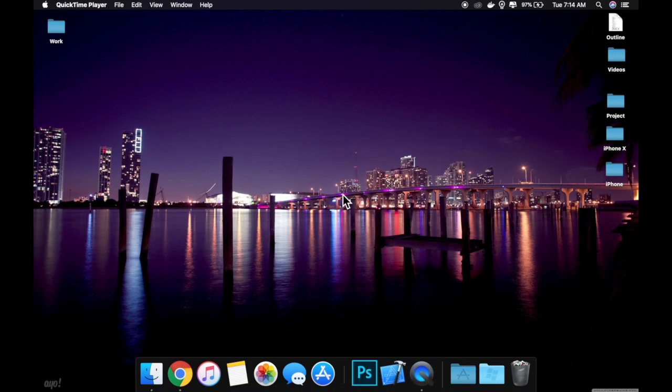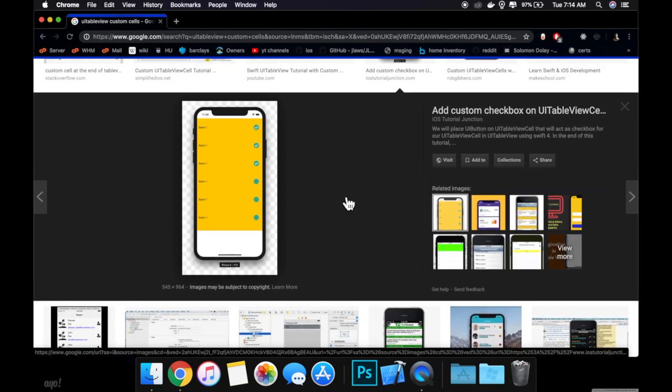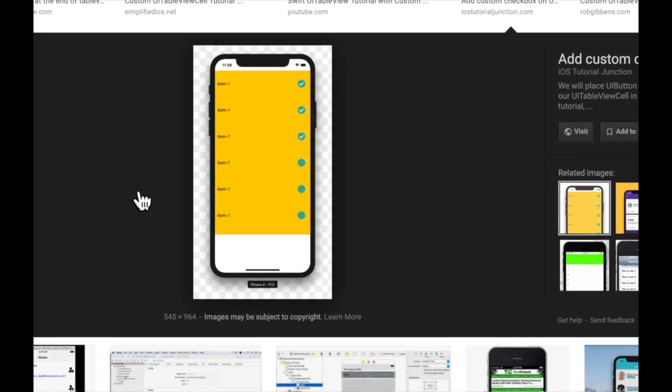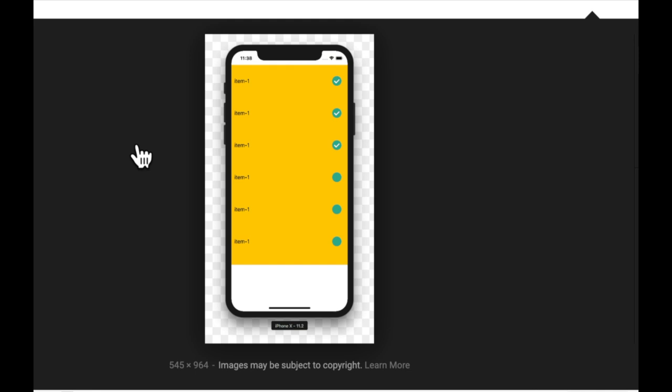Today we're going to be taking a look at how to create a table view with custom cells in Swift. Before we get started, I pulled up this in Google Images to give you an idea of what we're going to be doing. If you don't know already, a table view is basically a list of cells. And we're going to be creating this,